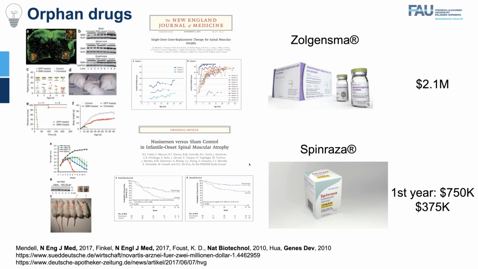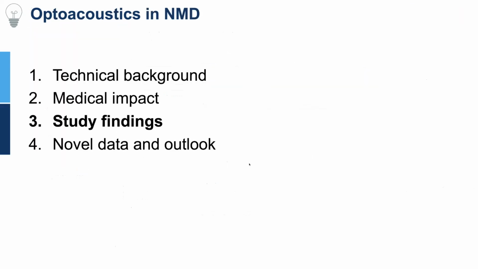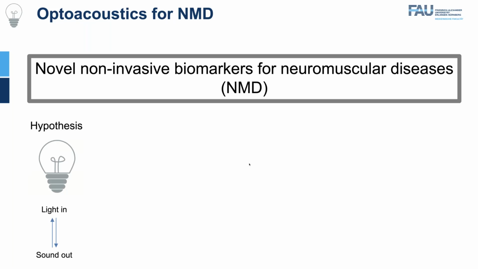It's very, very expensive, I don't have to say this. So we need to have objective biomarkers to somehow predict if these interventions are really effective or not. So I'd like to show you now what we found out in patients with Duchenne, and we just got from